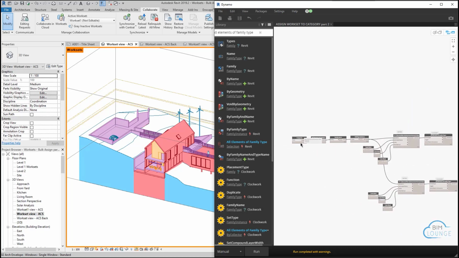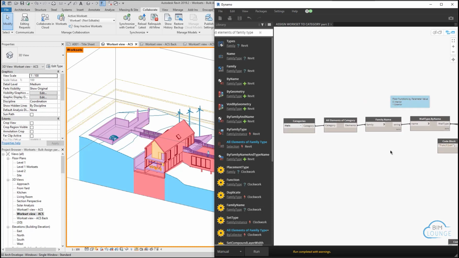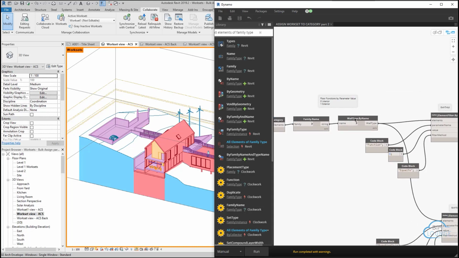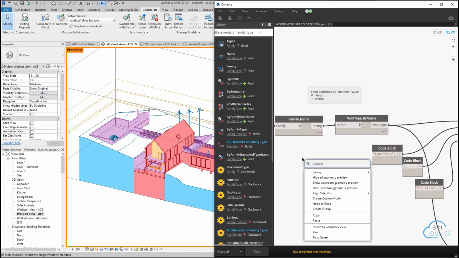Okay, so for floors, these are the parameter values that we need to use, but we should start by the category. So we have to change this from walls to floors. So type F, it'll take you to floors. And then we need to replace this wall type, obviously, because we have floors, so we'll need